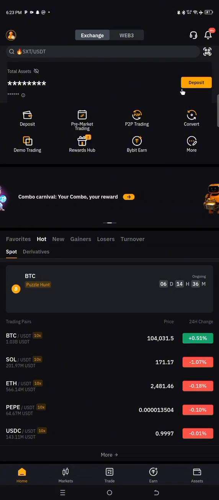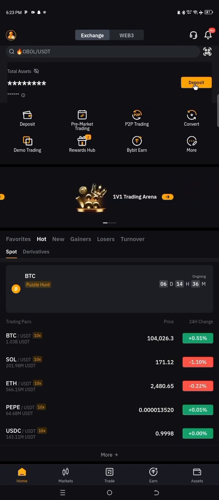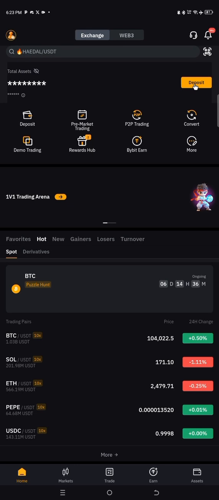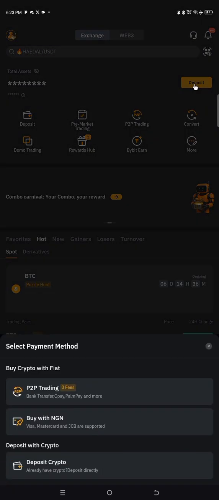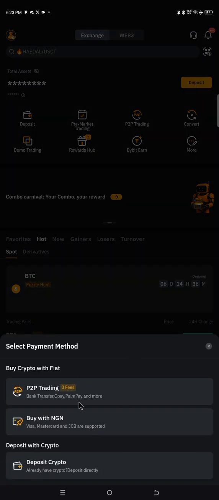So this deposit means you want to receive digital assets, cryptocurrency, to your wallet. And we have three options here. The first option is what? P2P trading, which we call peer-to-peer trading. Then the second one, you have buy with Naira. Third one we have what? Deposit crypto. So this P2P trading, maybe either you want to buy on Bybit exchange or you